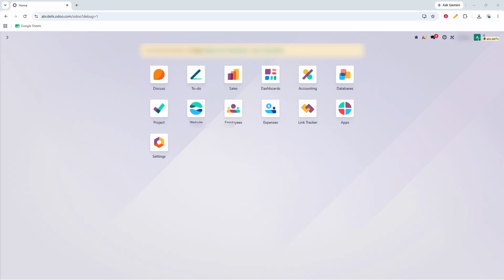In today's video, I'm going to teach you how to add and deactivate a user in Odoo. We'll begin by adding a new user and then I'll show you how to deactivate that user when they no longer need access. This is a useful process for managing your team, controlling permissions, and keeping your Odoo environment organized